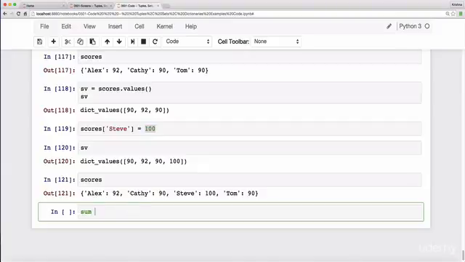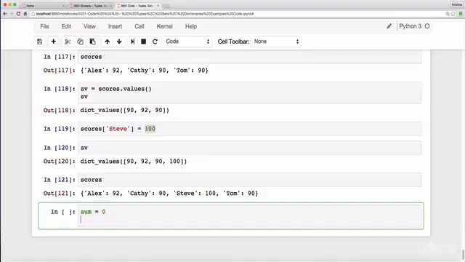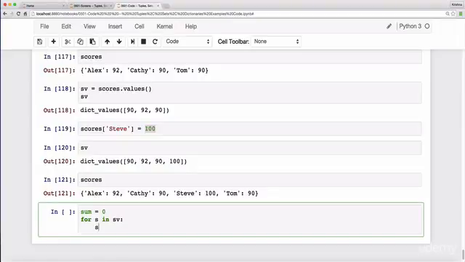We can create a variable sum equal to 0, and for S for score in SV, which has scores, we can say colon sum equal to sum plus S,